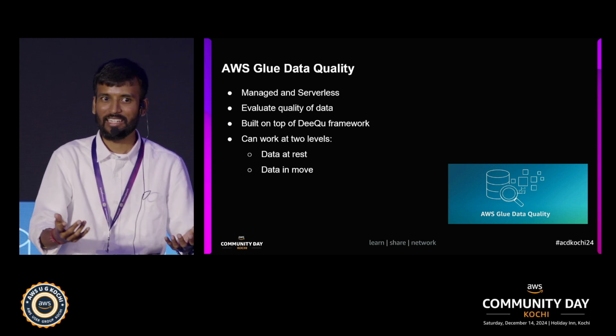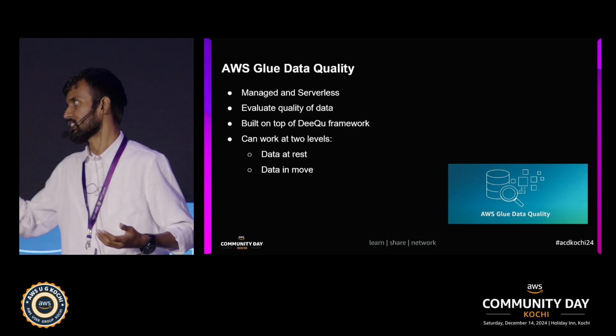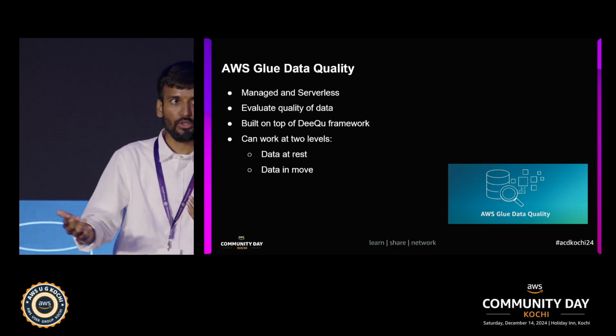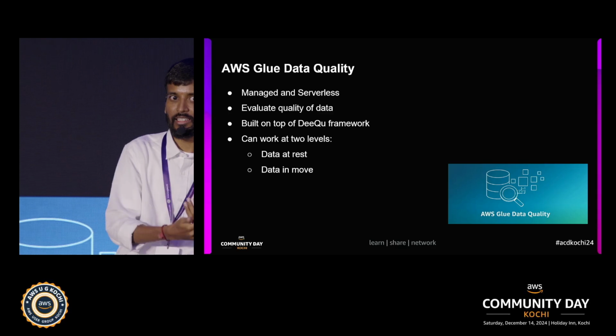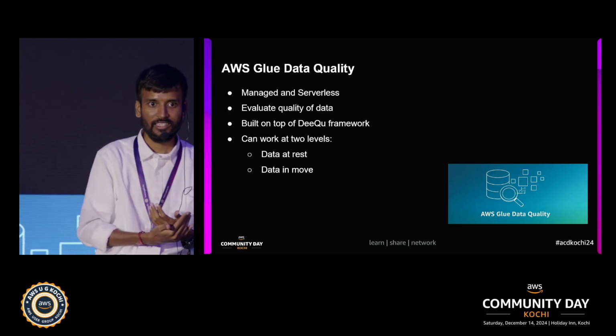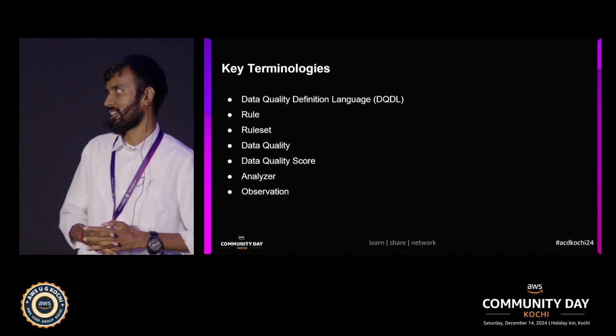To handle big data. That's the simple answer. To handle big data, we need a Spark kind of data quality tool. Luckily, AWS Glue took this DQ framework and integrated it as AWS Glue Data Quality. That was one of the great things. And moving on to the next slide.